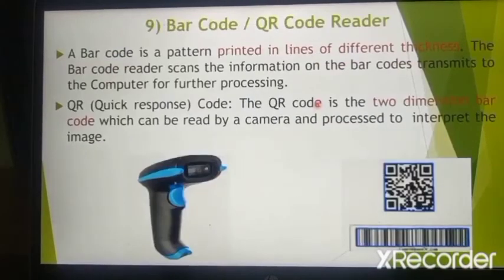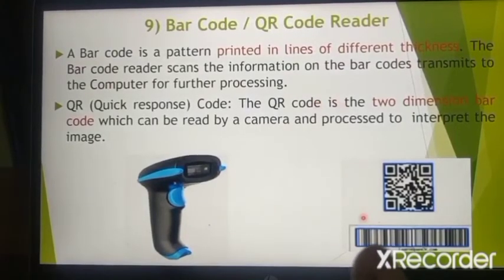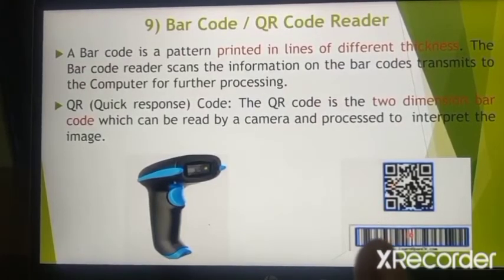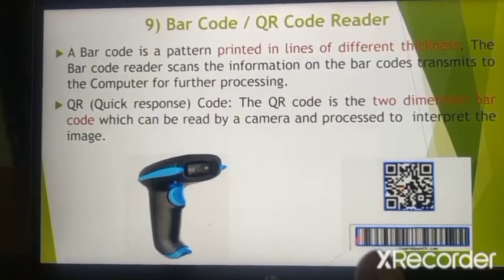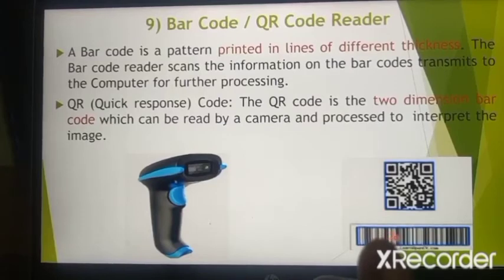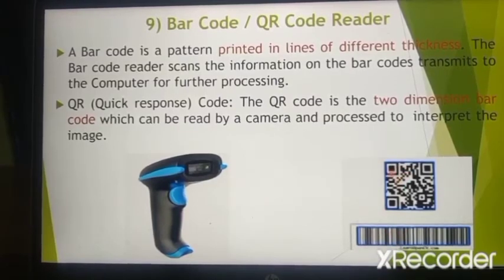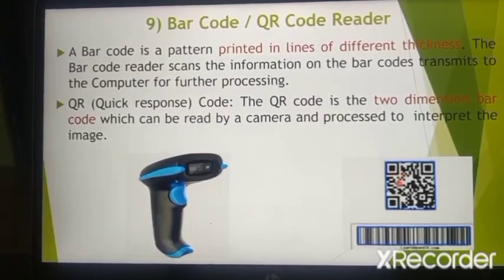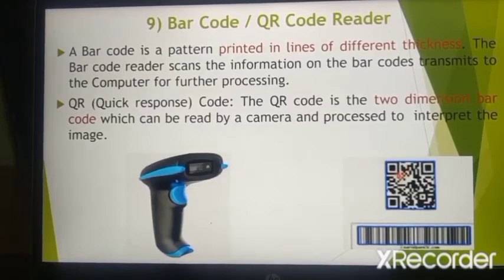Next, another one is the barcode or QR code reader. Here is the image for a barcode, and this is the image for a QR code. A barcode is a one dimensional image, and this is a 2D image. A barcode looks like different lines of different thickness, with blank white spaces.